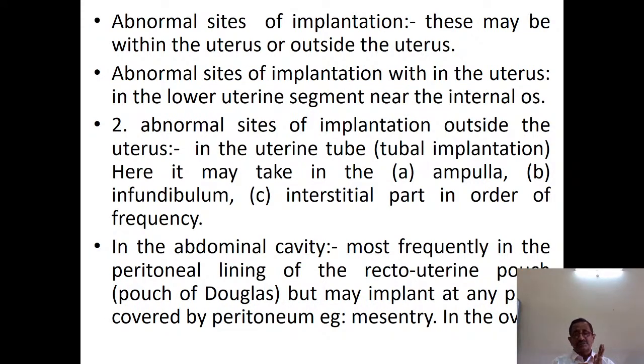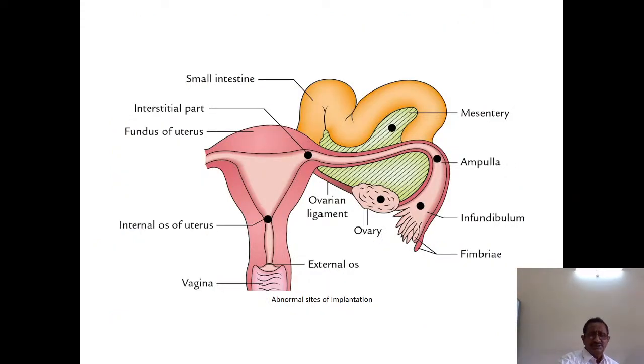So that peritoneal part is a site of implantation, and sometimes this may get implanted in the ovary itself before it is being expelled. That means the sperm has entered the ovary, it has fertilized the ovum there in the ovary itself, and there itself the blastocyst develops and implantation occurs before the expulsion of the ovum from the ovary. So here we are showing,